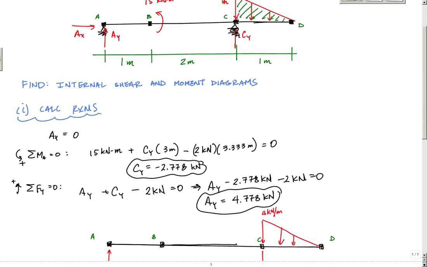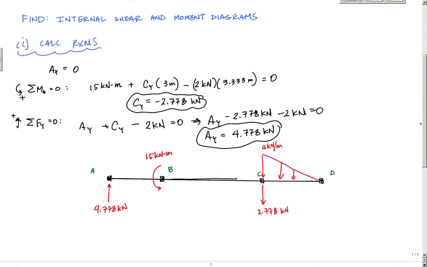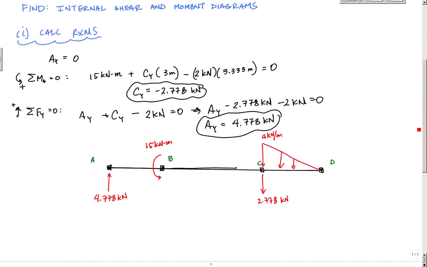This 15 kilonewton meter concentrated moment was initially drawn or given this way. I'm going to draw it on the left side of the node at B, at that location at point B. So I'm going to draw it on the left side right here. This is 15 kilonewton meters, and this means the same thing as what I drew up there. It's still going counterclockwise, and it's still at point B. But what it does is tell me how to jump with my concentrated moment when I draw